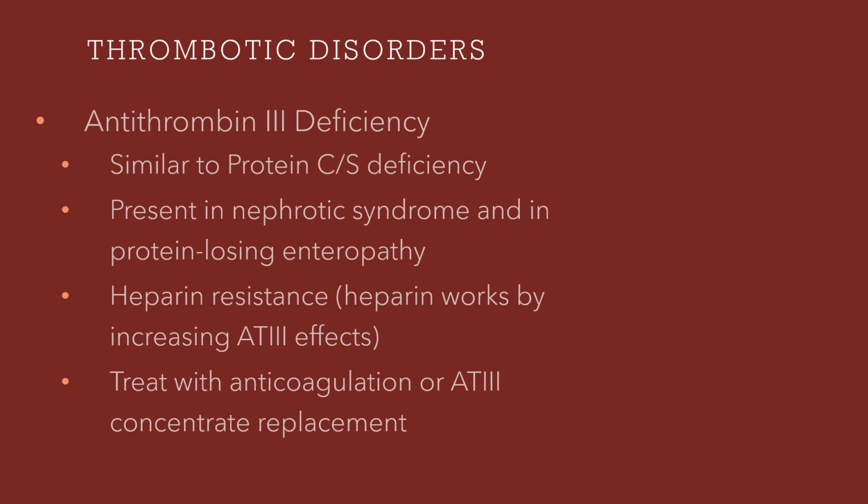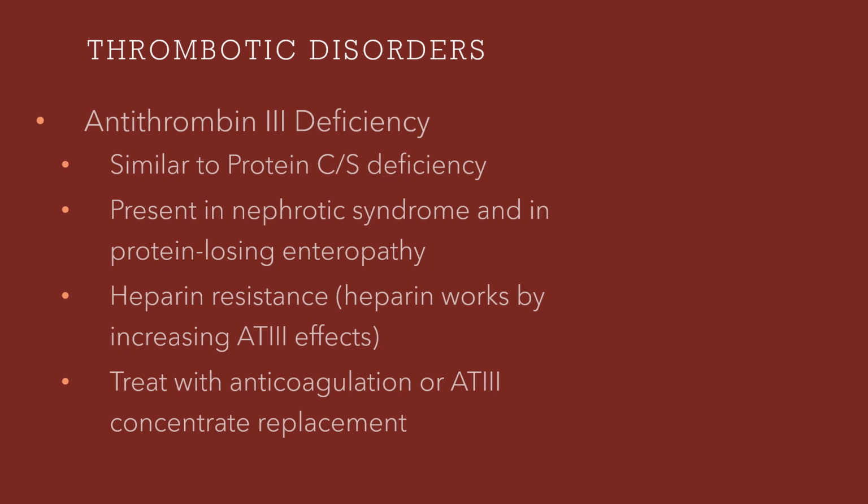Similarly to protein C and S deficiency, a patient who's deficient in antithrombin 3 may also have issues with too much clotting. So we've come kind of full circle from hemophilias, like we talked about, to excessive clotting. Antithrombin 3 deficiency may present with patients that have nephrotic syndrome and in patients with protein losing enteropathy. They're losing these proteins through either the gut or by excreting them in nephrotic syndrome,